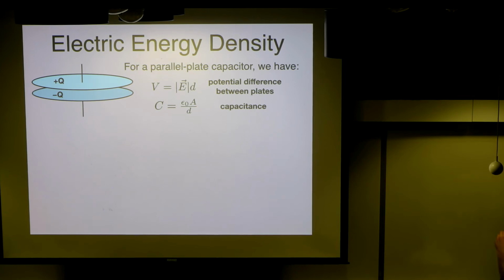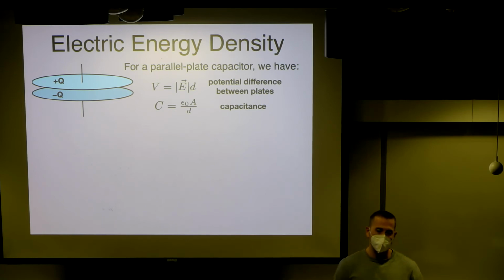All right, so that brings us to something called energy density. So the idea here is pretty simple, right? If we have a capacitor and it stores some energy, the capacitor itself has some kind of finite volume. And if we just take the energy stored divided by the volume, that's an energy density. Okay? Just like mass density is mass over volume, charge density is charge over volume, energy density is energy over